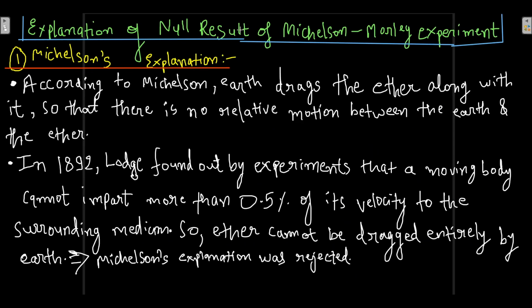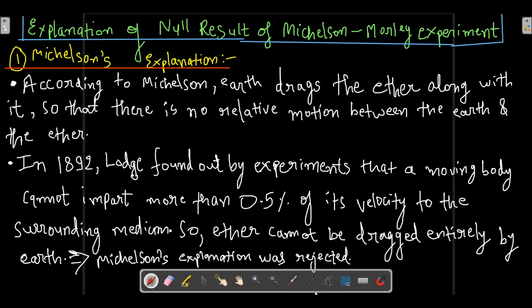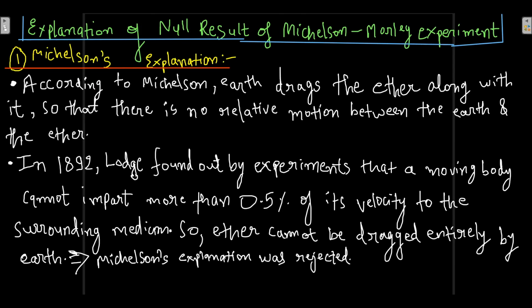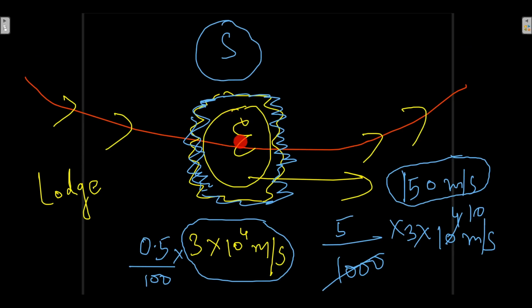That is the maximum attainable velocity of ether, because ether is the surrounding medium. So this was the experiment of Lodge. So ether cannot be dragged entirely by the earth, this is what it implies. So Michelson's explanation was rejected. Because of this, Michelson's explanation was rejected,